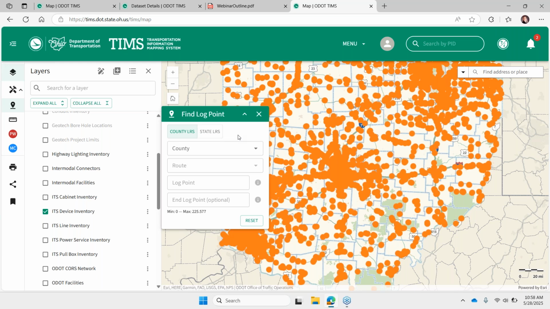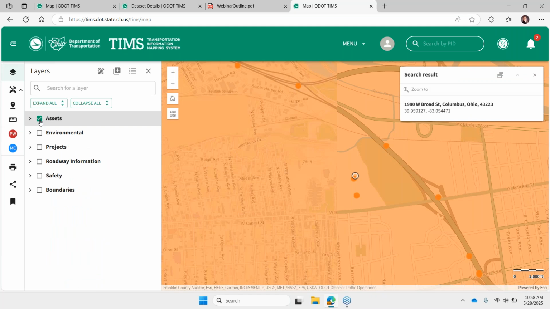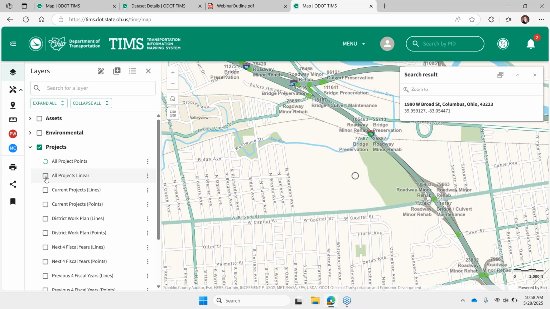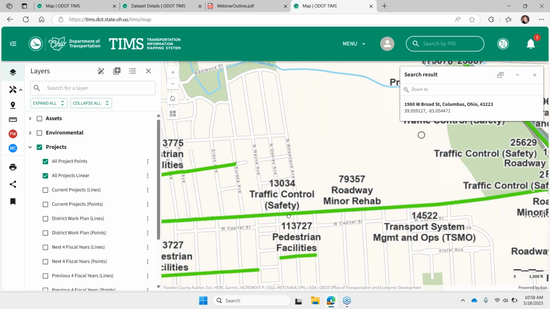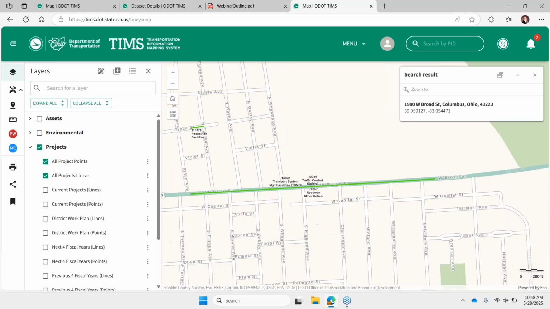Where do you find PIDs for a location? I'm not sure if we're going to be able to answer this without more context, but briefly, I believe what you're trying to do is search for a location first, either using the log points search bar, and then we have project layers that you can turn on to see what projects exist within that area. From there, you could find a PID if that's what you're trying to do. Yep, if you're zoomed to a location, you can turn on your all project layers or one of the filtered down versions. And the labels for those layers, the top part of that label will be the PID number, so you can get an idea.